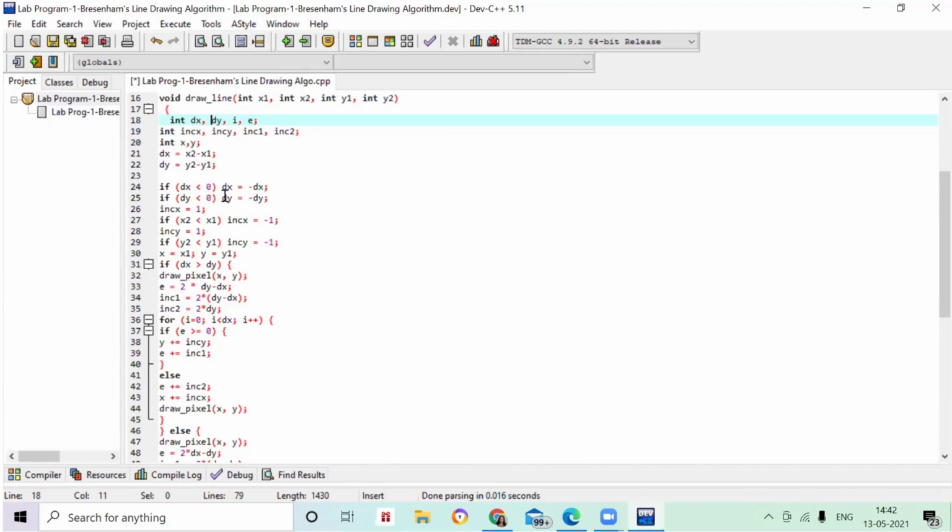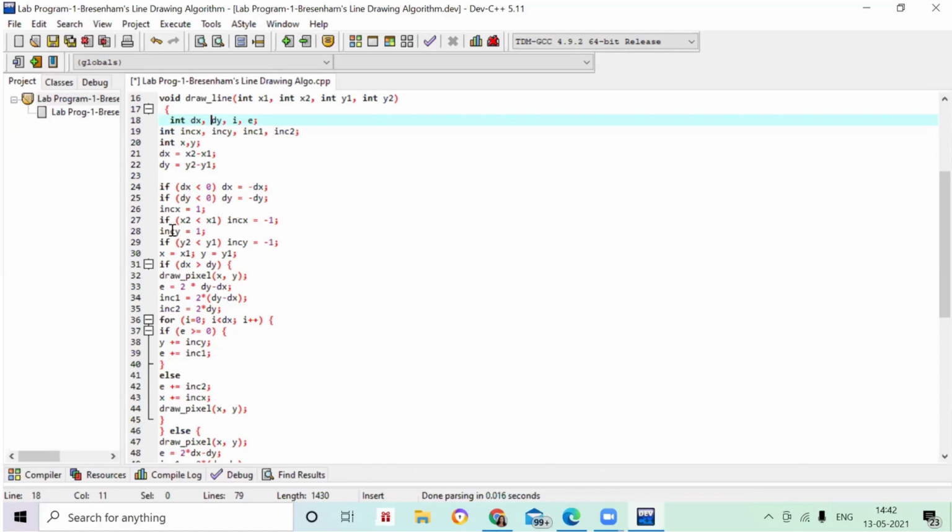So suppose if dx is less than 0, then you are going to find out as minus dx. It will be in the negative slope. If dy is less than 0, then it has to be minus dy. So we are going to declare all these things in the if conditions. Okay. So if this satisfies, then we are going to increment our values.